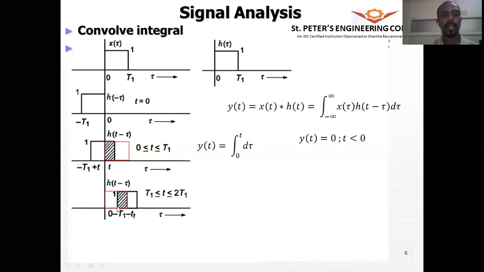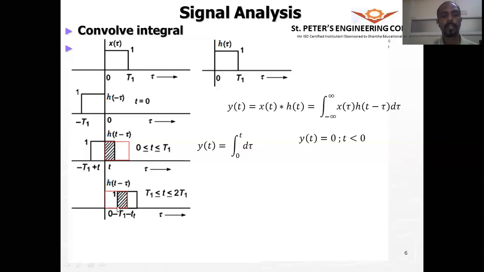Now where is this end? This end is the t minus t1 end. What is this end? This is the t1. So therefore the t minus t1 can be here, or here, or here. So when small t is greater than t1, then the forward edge or the beginning edge we have lost control of, and this edge is what we have control over. So therefore this is the one we have to compute the integral for.